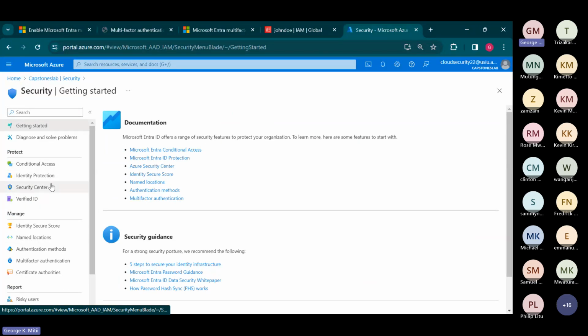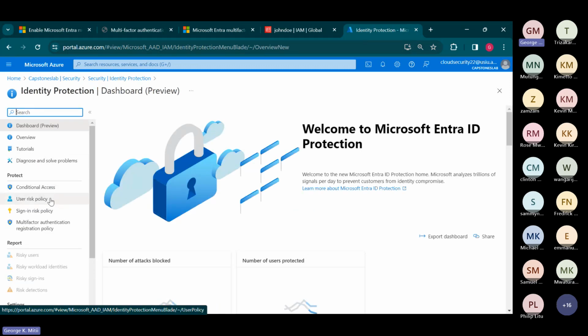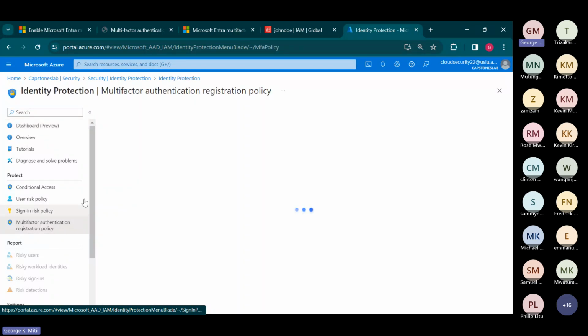And what you call identity protection. Remember that when we were looking at that topic before governance, it was all about identity protection. So all those things to do with conditional access, you can also find them here. User risk policy, sign-in risk policy, they'll be under this blade. So multi-factor authentication registration policy,